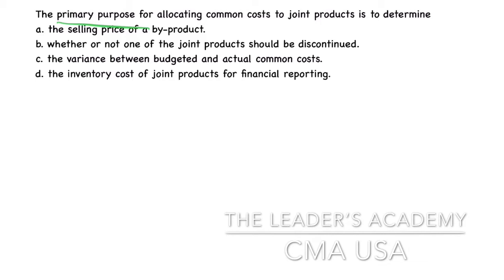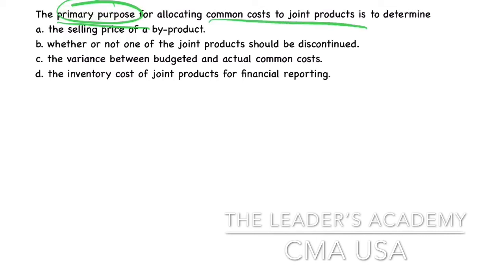So you should understand one thing here. We all have one primary purpose and another secondary purpose. For example, you are writing this exam. You are writing this exam to pass. That is your primary purpose. But the secondary purpose is to get a job as a CMA professional. Correct? So for that purpose, you need to pass the exam. That is the primary purpose.